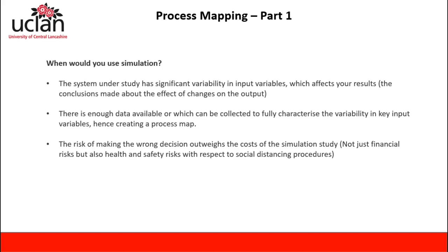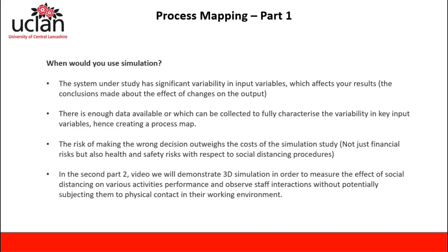So obviously these simulation studies cost money to build and to model, but if you're going to put a new machine in that costs £100,000 and it's the wrong decision, then you've obviously made quite a big mistake. And it's not just the financial risks, but also the health and safety risks with respect to the social distancing procedures that we can monitor. So in the part 2 video, we'll demonstrate 3D simulation in order to measure the effect of social distancing on various activities' performance and also observe the staff interactions without potentially subjecting them to physical contact with each other